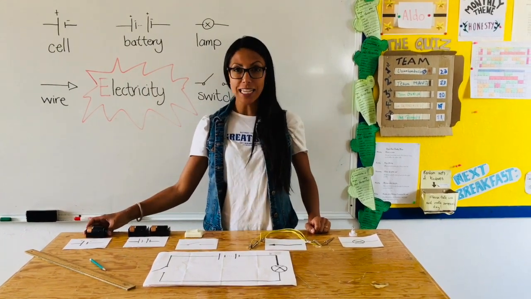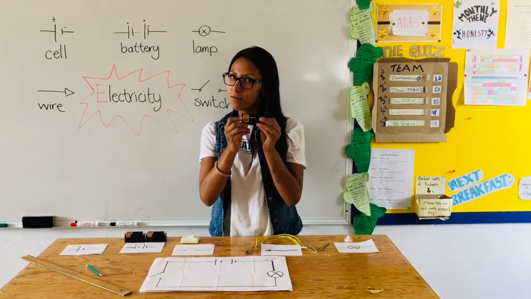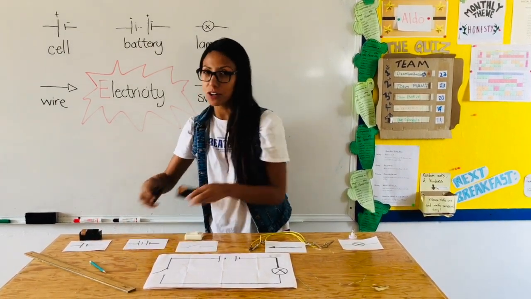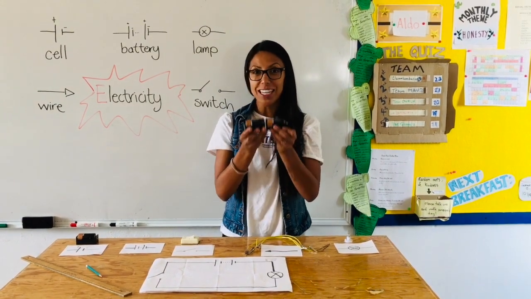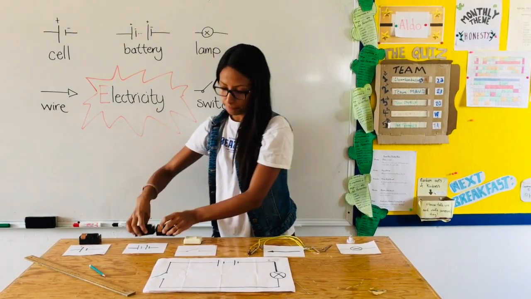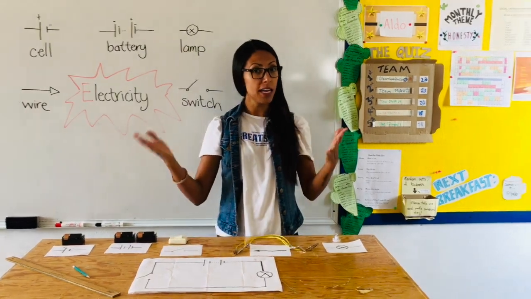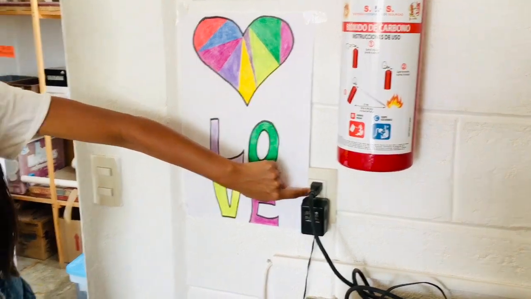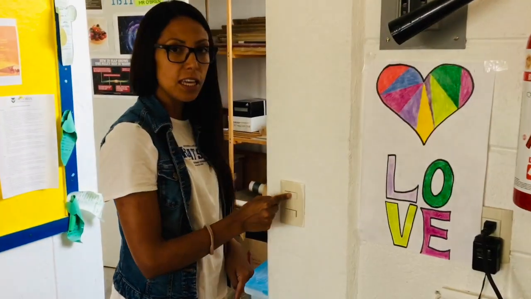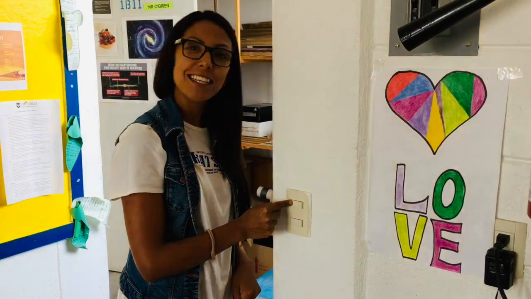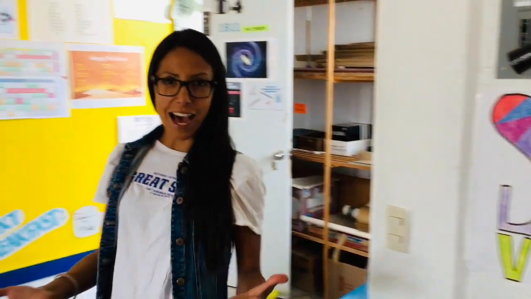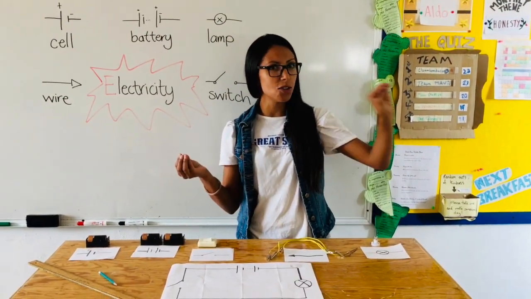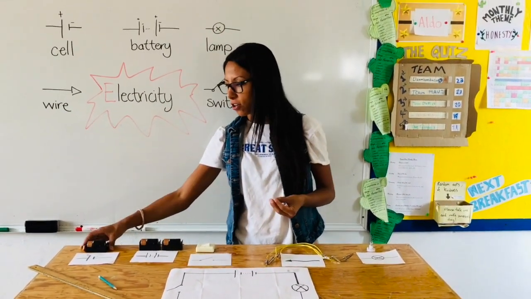Know some household items work with a cell, which is only one of these ones. But if we have two or more, I'm sure you remember, it is called a battery. We also know that some items work when you plug them in a socket, and also that we use this switch to turn the lights on and off. But now we're going to learn how does that electricity come to those places, and also how do we get